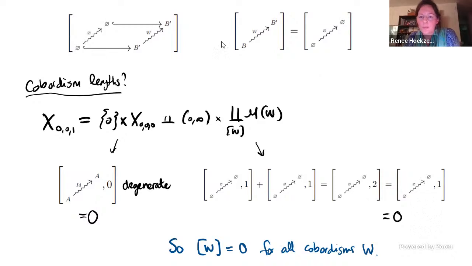But if I compose my cobordism with itself, then it becomes twice as long. But that means that it's still the same length because I only had one length. So what I conclude is that all my cobordism one simplices, which were all the same as just the empty set with a certain length, are all 0. So all simplices generated by cobordism are 0 in pi1.